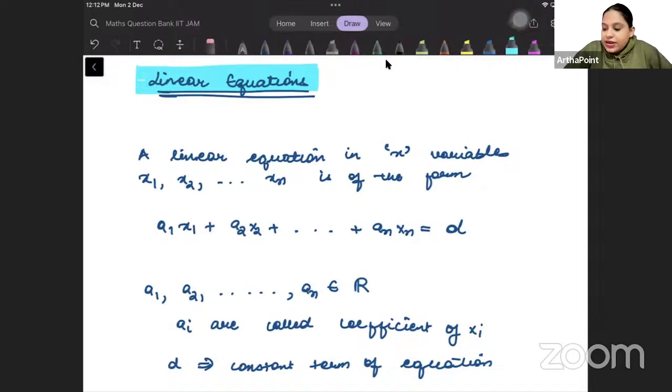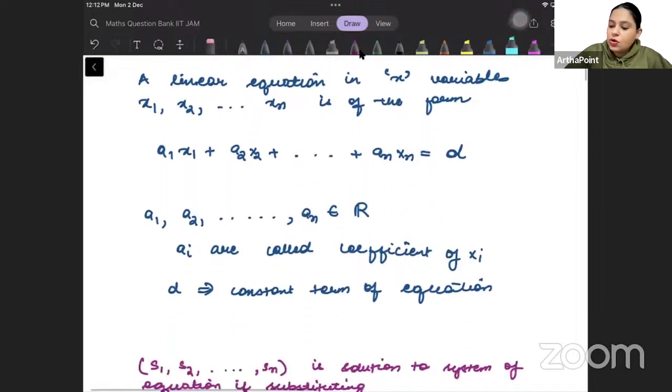Before I move into what linear equations are and how to solve them, I would like to summarize linear equations for you, but I would like to do it for a two variable case, right? Once you understand what happens with a two variable case, all the proper things, then this lecture will be very easy for you. So let us first try to understand what is a